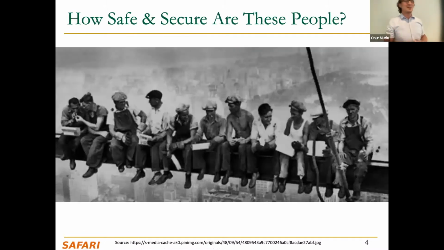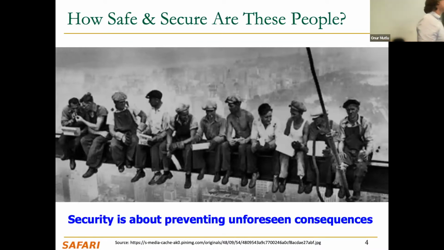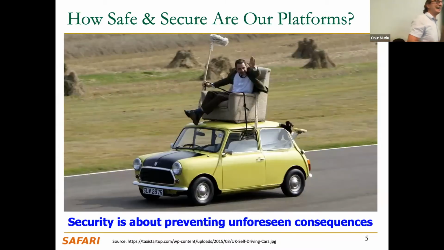I'll also ask you this question. How secure do you think these people are? They look quite happy. You don't need to answer. If they get a bitflip, they will not be happy soon. I think of security as preventing unforeseen consequences. You can replace security with safety over here as well, probably. Now, this is robustness. Yes, exactly. I had that in my abstract. I'm going to get back to robustness. Essentially, robustness is safety, security, and reliability combined together.